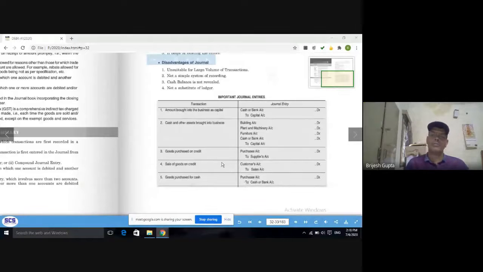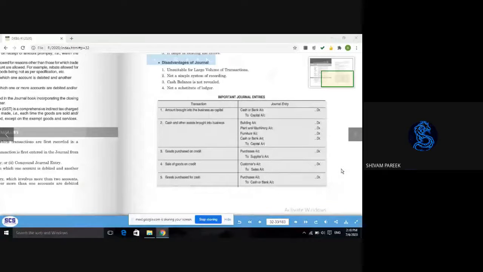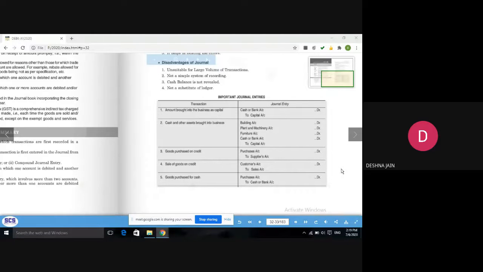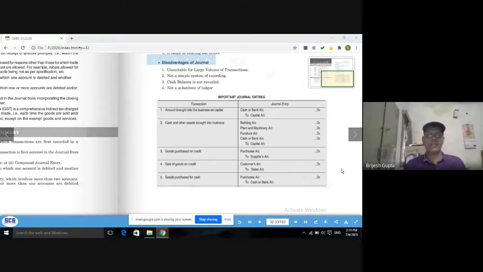What I told you, we have already discussed that the goods account is divided into basically 5 accounts. Which 5 accounts? Who will tell? Shivam Parikh, can you tell? Sir, cash account. Goods account is divided into how many accounts? Purchase, purchase return, sales, sales return, stock. Very good, excellent. So the goods account is classified into 5 accounts: purchase account, sales account, purchase return account, sales return account, and stock.